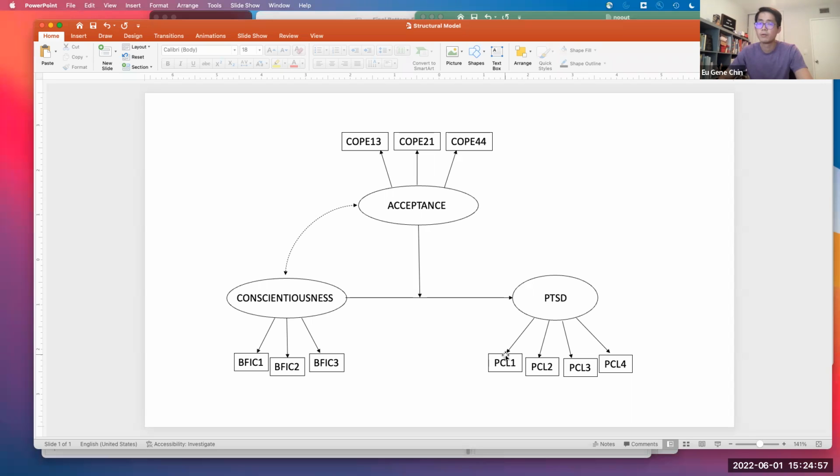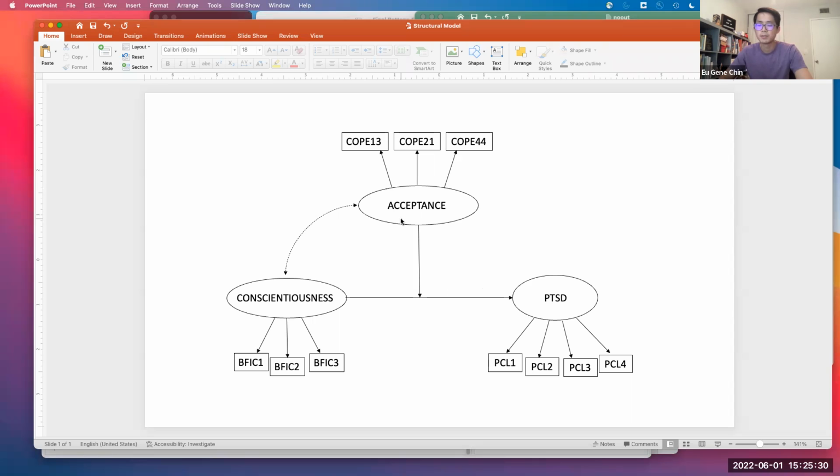So as you can see over here, we're going to test a simple moderation model with conscientiousness. Conscientiousness is one of the big 5 personality traits. And so higher levels of conscientiousness, meaning you're typically more detailed, more organized, more systematic, those kinds of things. This construct PTSD refers to the level of trauma and stress-related symptoms that students were reporting due to COVID. And so we have that as the outcome of interest.